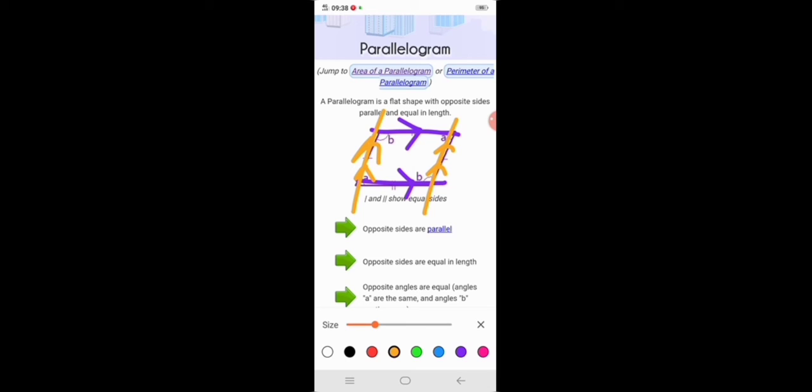So you can see that to represent one pair, मुझे अगर एक पेयर दिखाना है, I'm going to use single arrows. But when I want to show many or different pairs of parallel lines, I'm going to use double arrows. When I'm using this double arrow over here, this shows that they are the same, and when I'm using single arrow, this shows that I'm referring to these two lines.